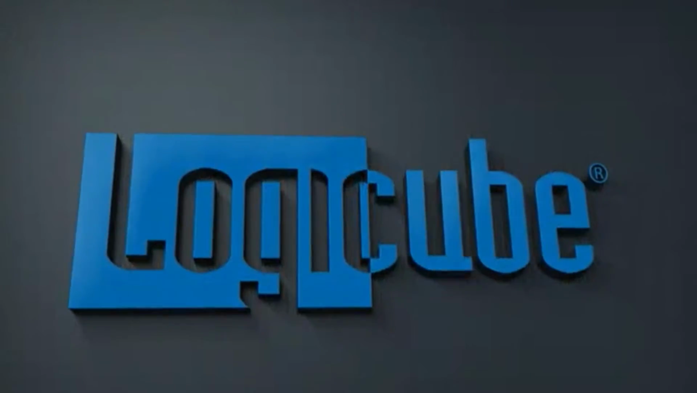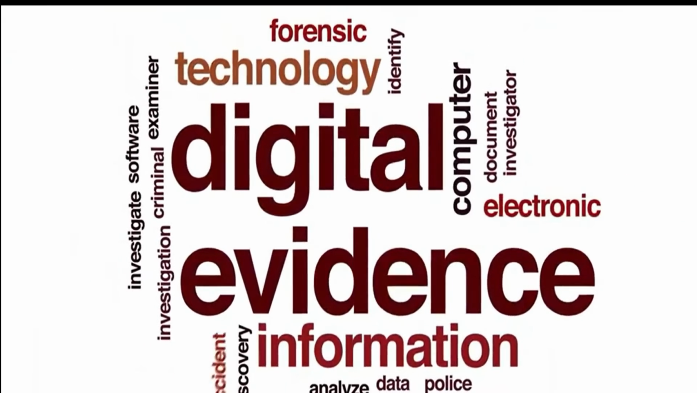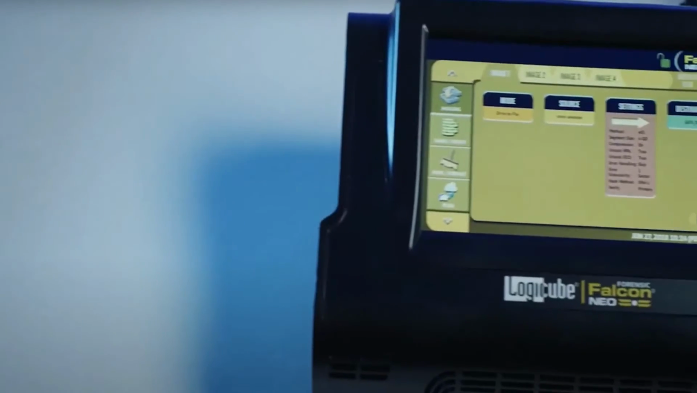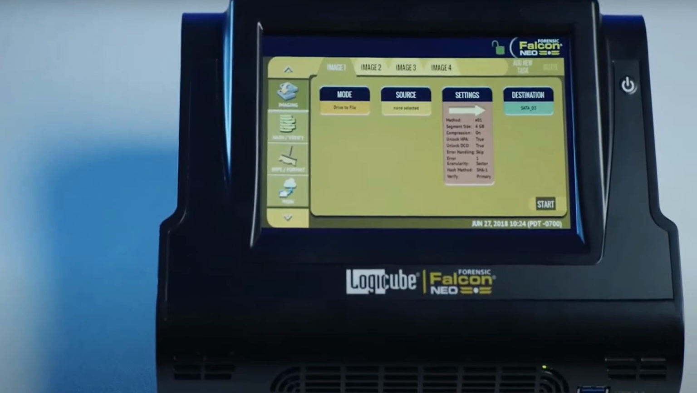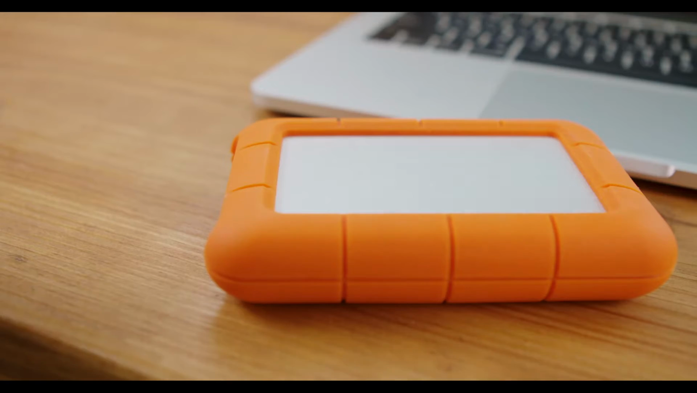Logicube is the worldwide leader of hard drive duplication and forensic acquisition hardware, producing complete state-of-the-art and extremely user-friendly solutions for both industries. In 2018, Logicube engineered the Falcon-NEO. Known as one of the most powerful and reliable forensic imagers, the Falcon-NEO is a fully integrated solution that offers